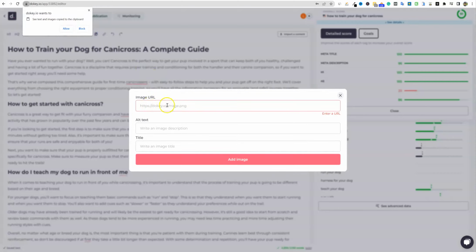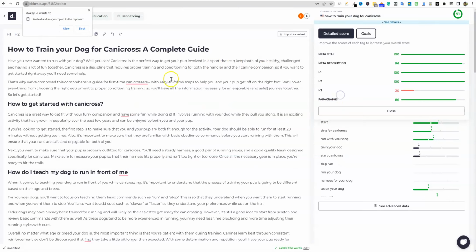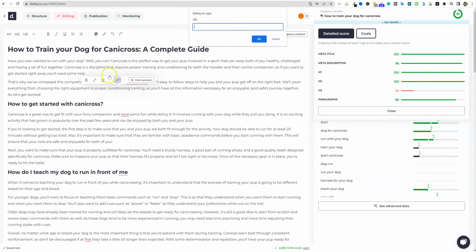You can go and add an image URL, alt text, title. So you can add an image from a URL right here, which I don't really find that helpful. I like to just do that in WordPress, but that feature is there. You can do bulleted lists. You can add links right over here, highlight. You can easily add the link from there as well. So you can do some interlinking or external links inside of here as well. There's an undo, redo feature right here.